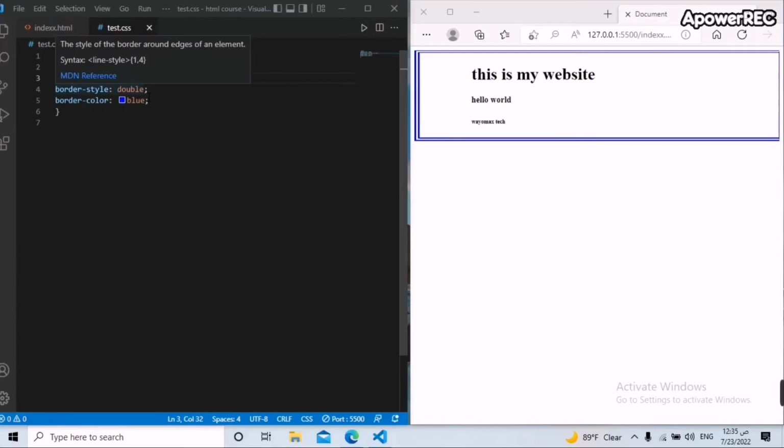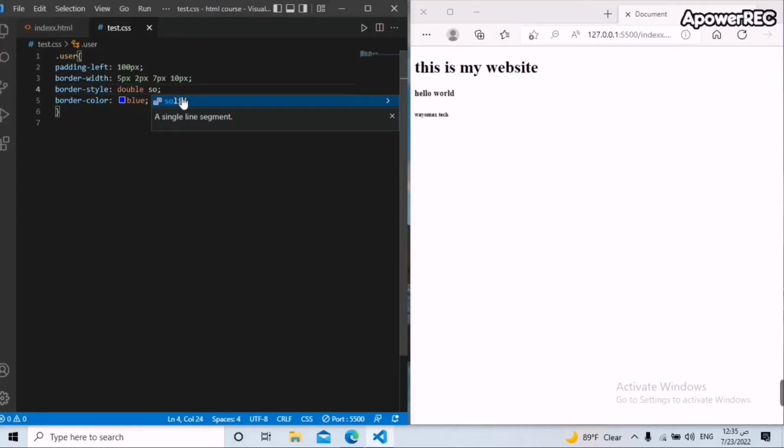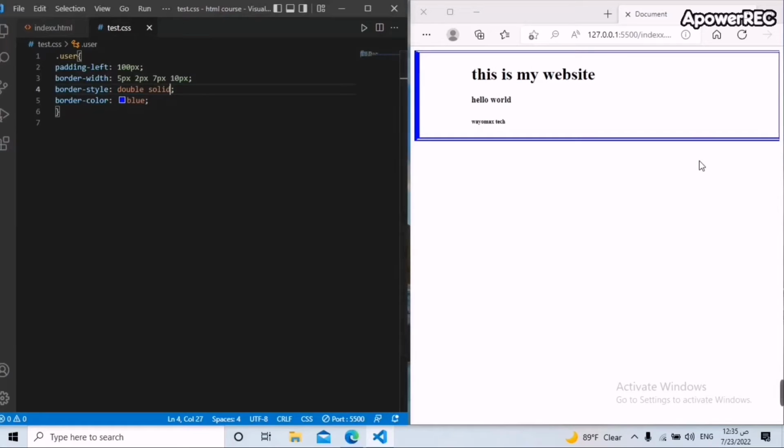And can I control the style of the border? Of course you can. For example, let's choose solid. This is the right one. I see it makes it solid, and another one, let's make solid, and the solid. I see this is how it's working, and we can control the color of the border,